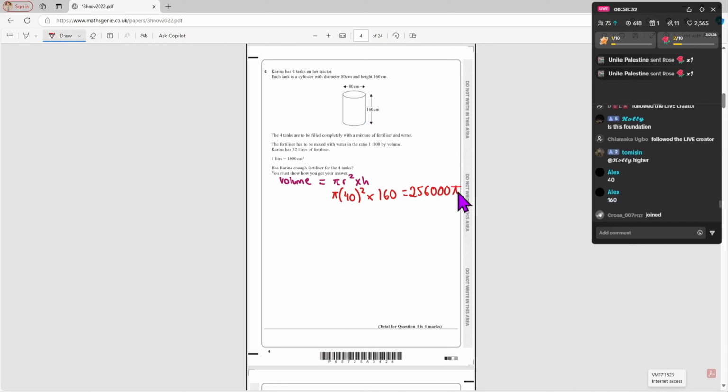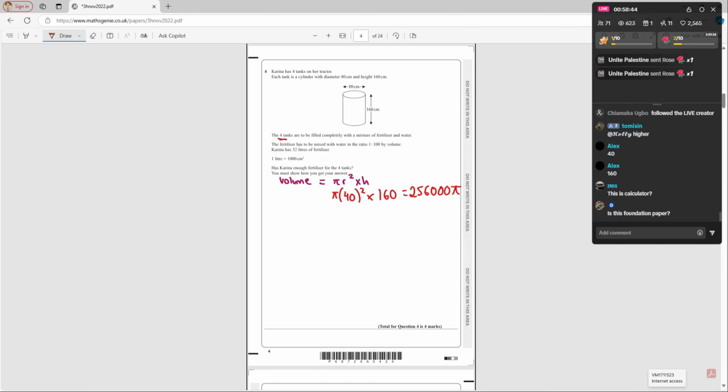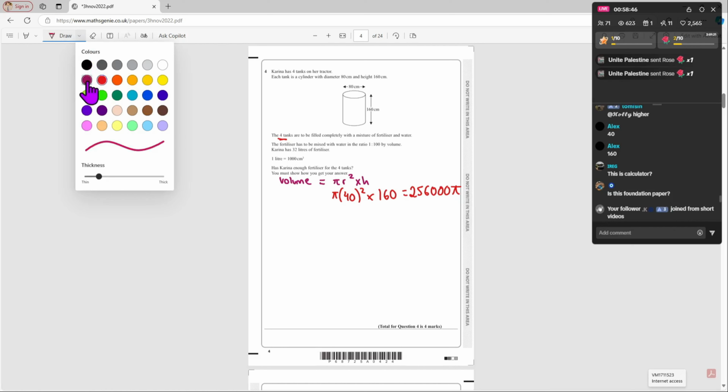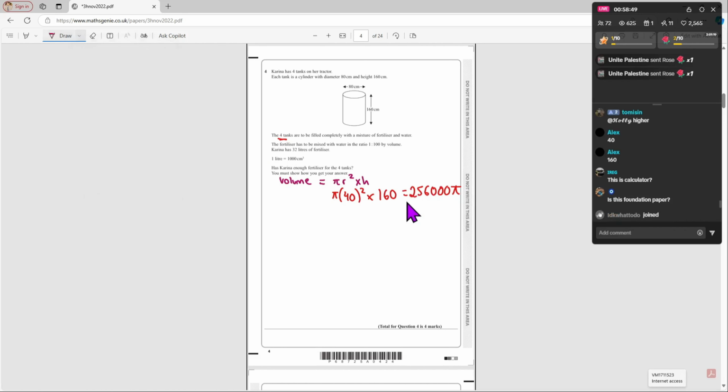So now, once we have done that, we know that there are 4 tanks that need to be filled. So the most logical thing to do now is to multiply this volume by 4, because it's going to be 4 lots of that volume. Since there are 4 tanks, we're going to do 4 times 256,000 pi, which is going to be equal to